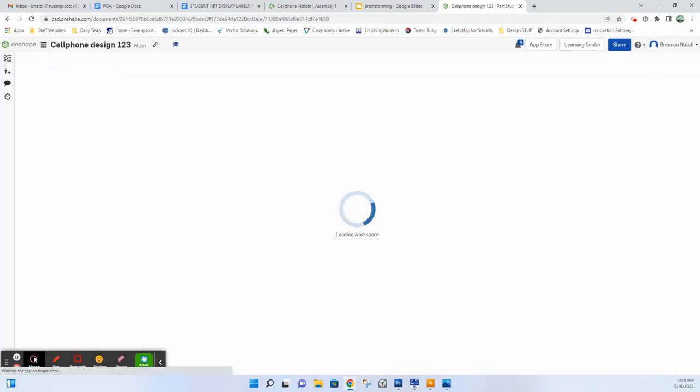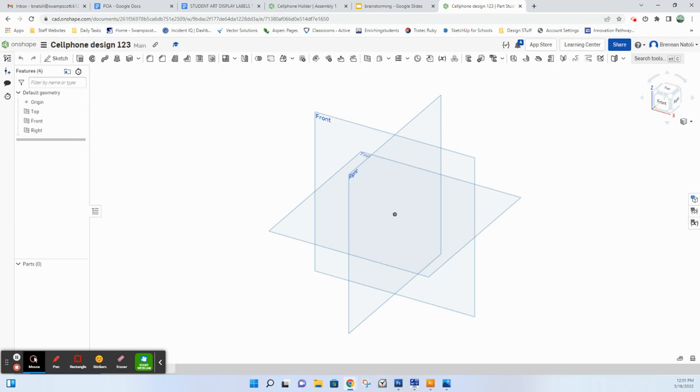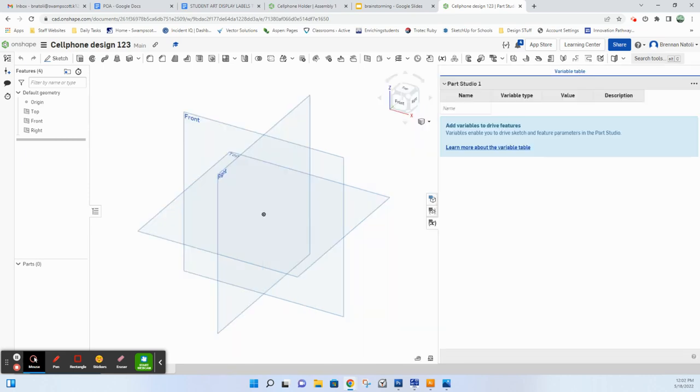The first thing you wanna do is set up a variable table. This is where we can put predetermined measurements. This is great when we wanna make adjustments to our design in terms of scale and proportion. So I'm going to go over here before I even start my drawing, the variable table. Over here on the right hand side, it looks like an X in parentheses. If I click this, we're going to be able to add